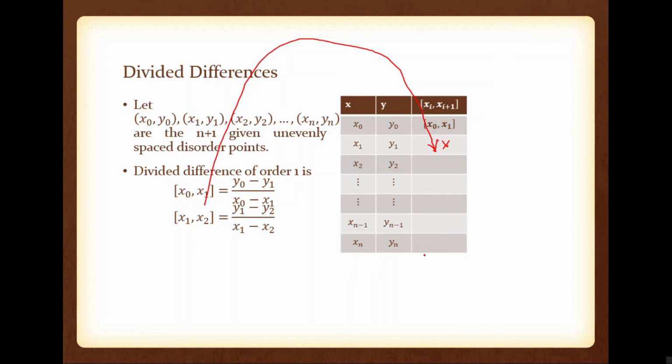Calculating from bottom to top is not required for us. If you do that, then we have to change the arguments. We have to write x2, comma x1, then x1, comma x0. But we are not going to do that. That is not required for us. So please note, x1, comma x2 is equal to y1 minus y2 divided by x1 minus x2, and the position of that element is this one, the second element corresponding to the x1 row. Corresponding to the x1 row we have the first order divided difference x1, comma x2.